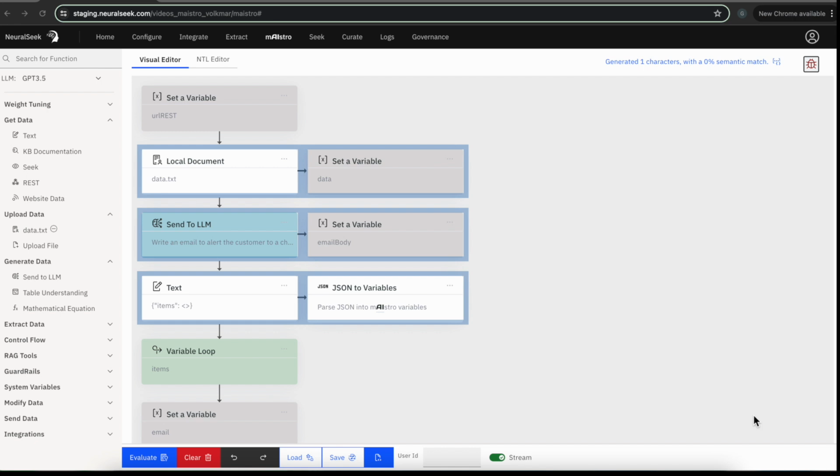Today's video is going to be about the REST consumption functionality in NeuralSeek, specifically in mAIstro, and how this can contribute to automation of processes in companies in general. The objective of this practical case is to create a notification system with AI using the REST consumption with previously